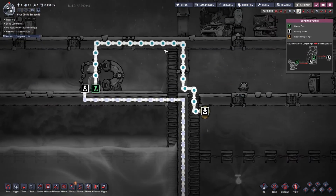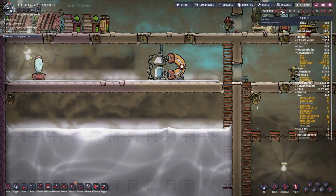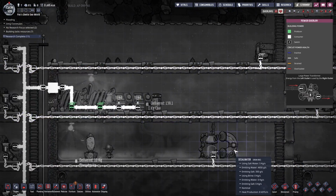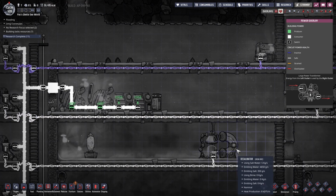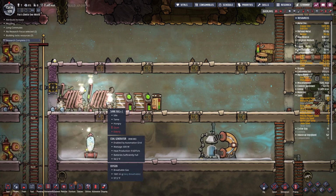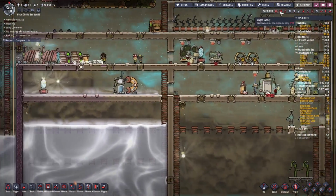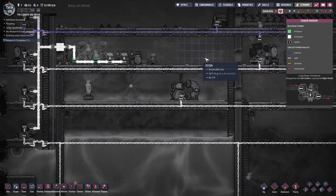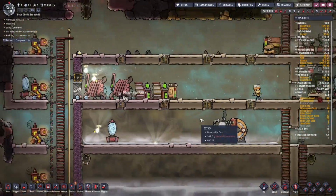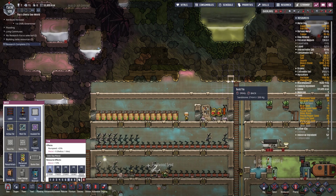And we're slowly getting water over here. I mean, this thing uses up a lot of electricity. This thing alone uses 480 watts. In other words, it almost uses the power of a single coal generator. So this thing is really hungry for electricity. Which means it's probably time we think about expanding our...